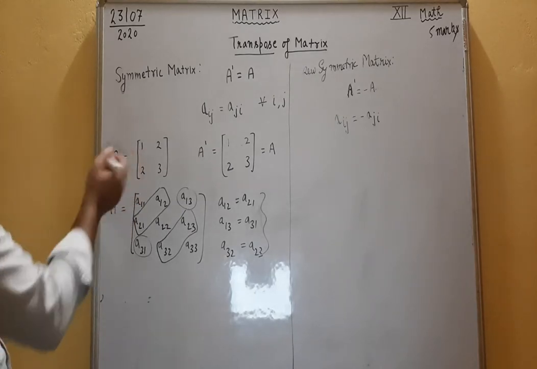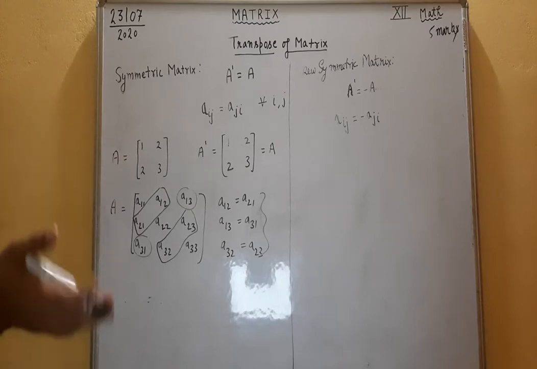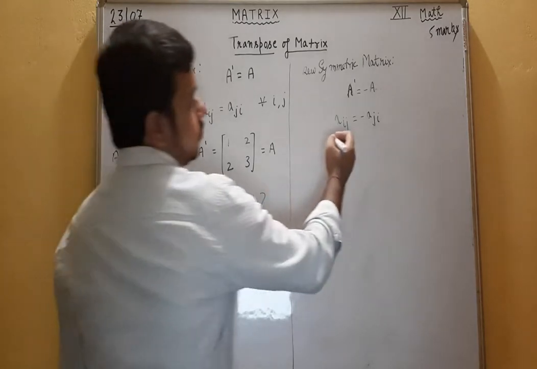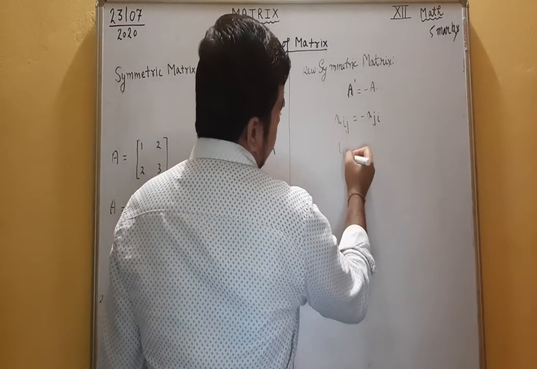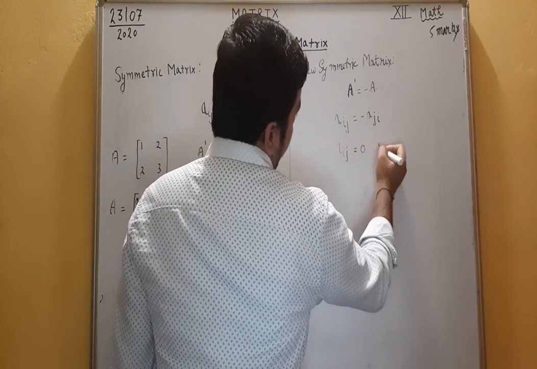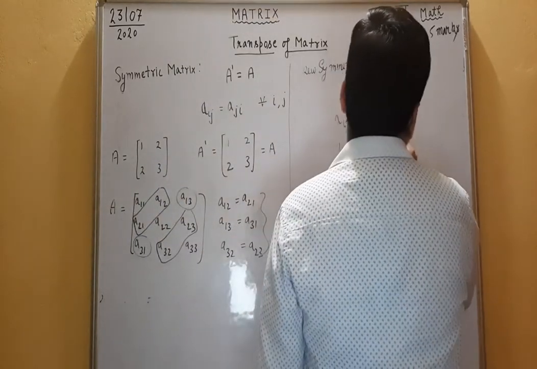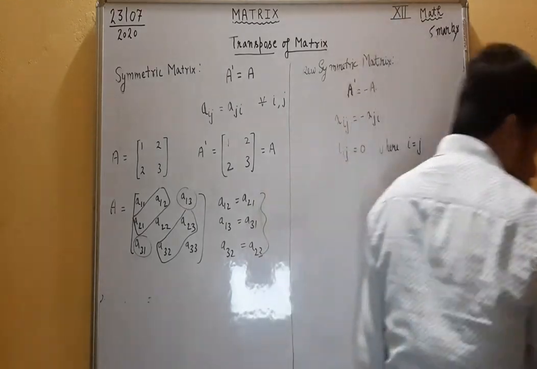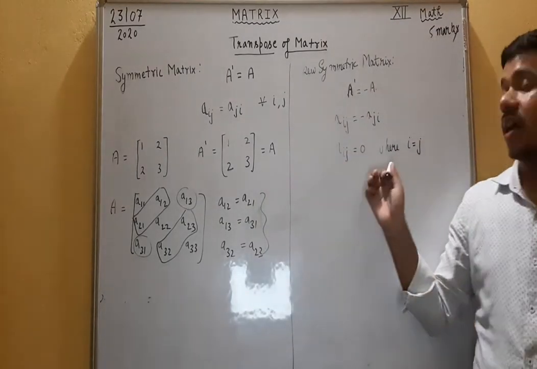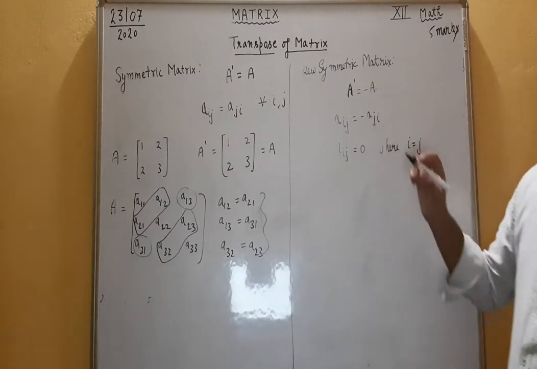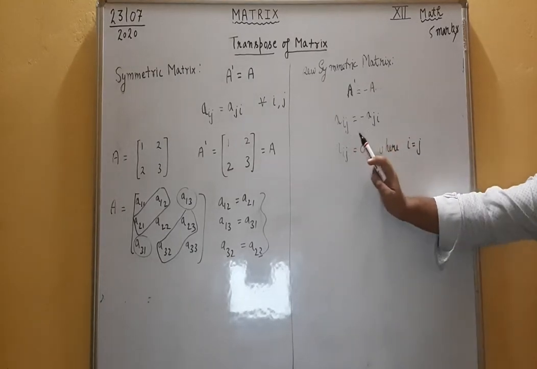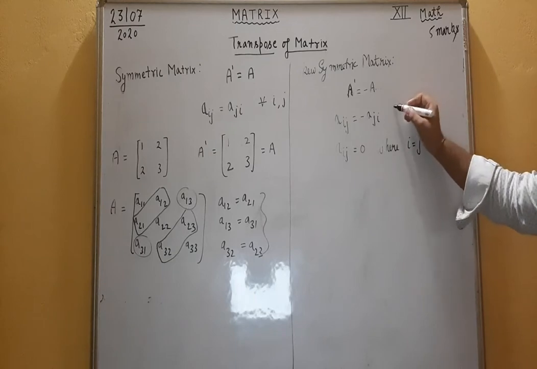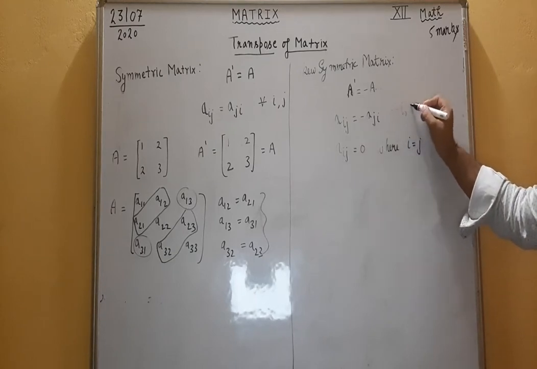वो कौन सा नंबर ऐसा होता है जिसका नेगेटिव उसी के इक्वल होता है? वो होता है जस्ट 0. राइट, मींस Aij is equal to 0 for where i is equal to j. Means skew symmetric matrix में सारी diagonal entries बेटा 0 होंगी और लोअर ट्रायंगुलर और अपर ट्रायंगुलर में for all ij